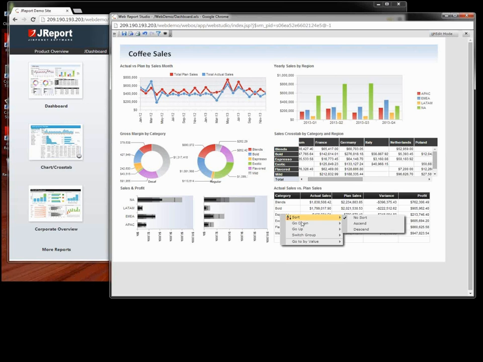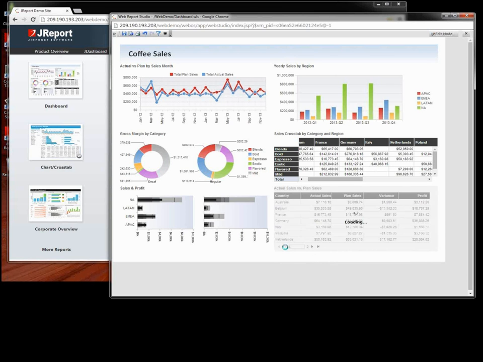So the user can scroll through and look at the data very easily without affecting the rest of the report. Very similar down here, if I switch groups to say country that has more countries in it, we'll automatically put component navigation down here to scroll through that data. So it's very interactive and very easy to drill down and drill up and look at the data various ways